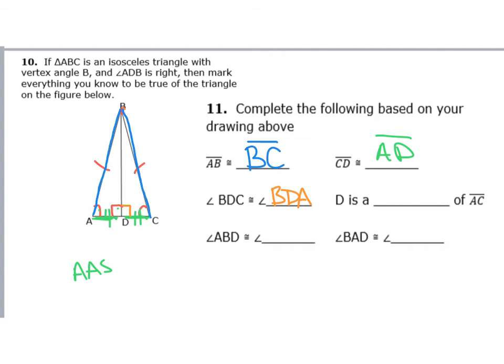And then the next thing it says is point D right here is a what? Point D is a midpoint of AC. Angle ABD,